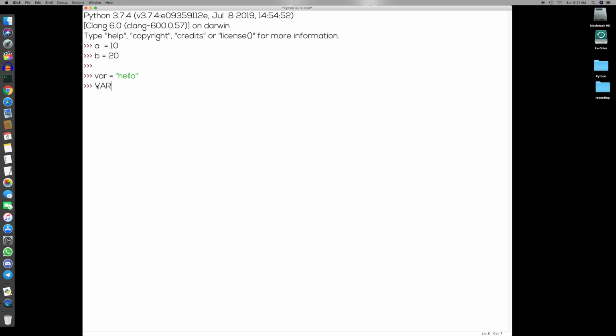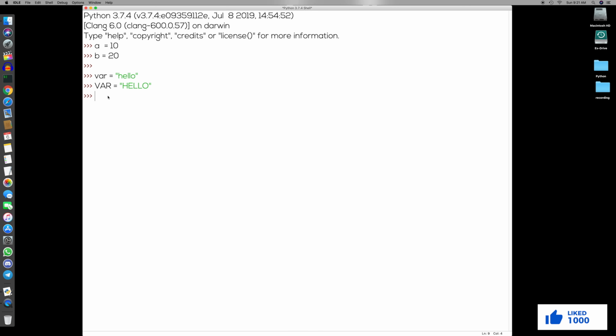We can also create a variable, and this time we'll assign the string in capital letters. Observe one thing here. We have created two variables: one is in small letters, another is in capital letters. Both are treated differently in Python because Python is a case sensitive language.